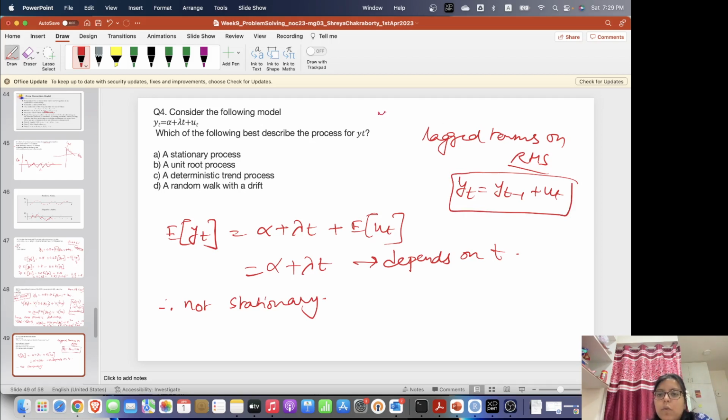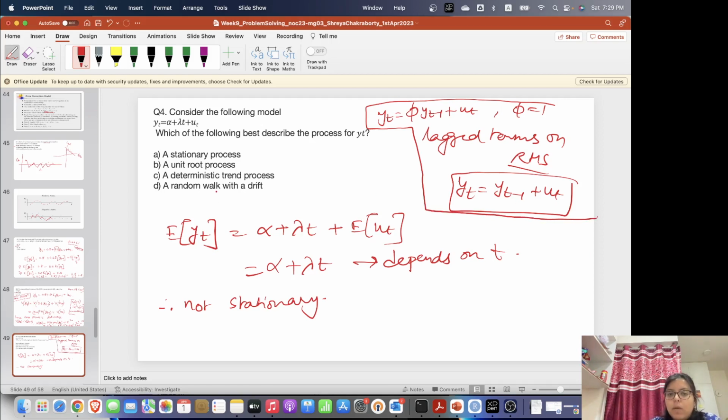So unit root, what do we test? If we have some phi yt minus 1 plus ut, if phi equal to 1, then we have the random walk or unit root. Okay, but since we do not have lag terms on the RHS, this is not a random walk with drift,